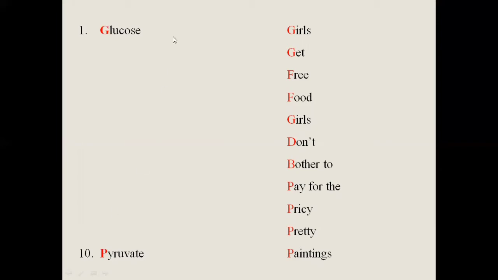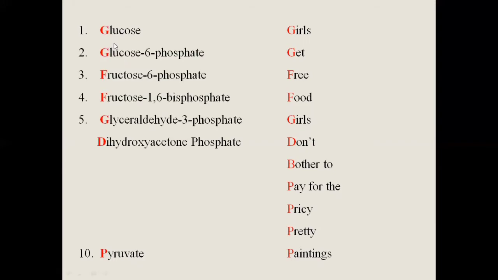In these 10-step reactions, each substrate enters a reaction and there is a product. Glucose is the substrate, and in this reaction the product is glucose 6-phosphate. Then this product is the substrate for the next reaction, in which fructose 6-phosphate is the product, and so on. The product from one reaction acts as the substrate in the next, so there are almost 10 reactions in which these molecules are involved.